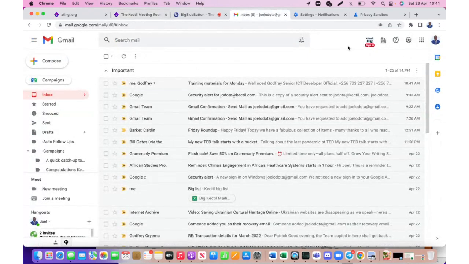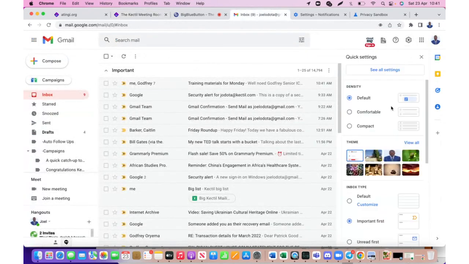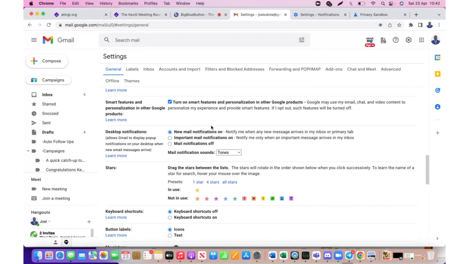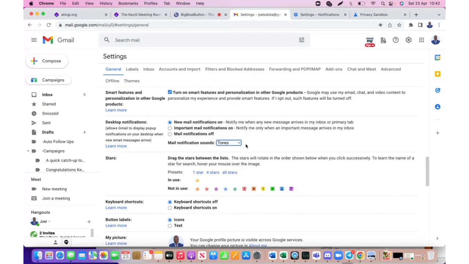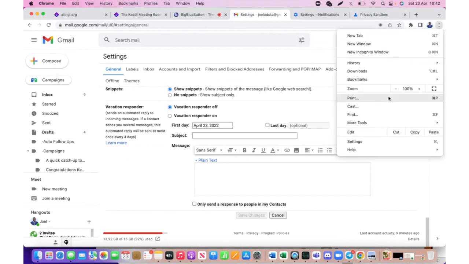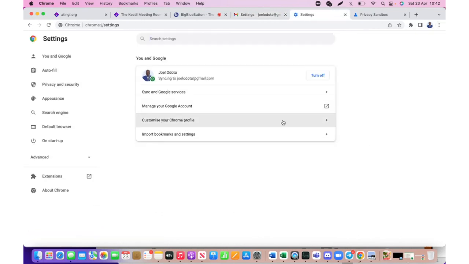So I'm going to repeat it all over. You go to settings, all settings. And you scroll all the way to desktop notifications. You click on new email. And then there is a blue icon here that says click here to allow notifications. You choose the tone which you want. Then you come and save changes down. But if your browser has not enabled notifications, then you have to come to the little dot, go to settings,